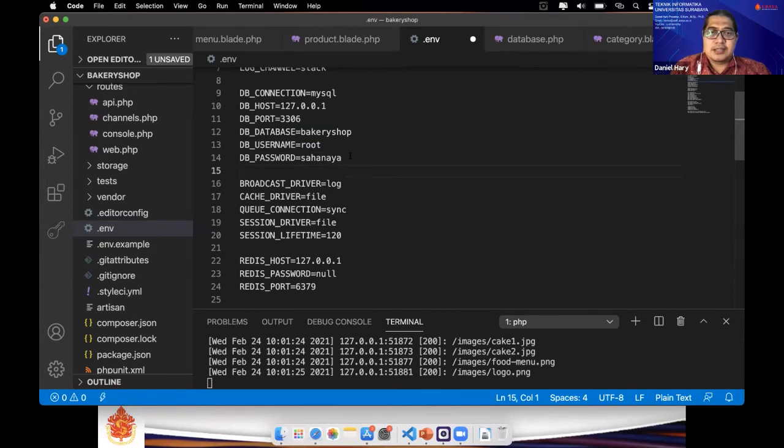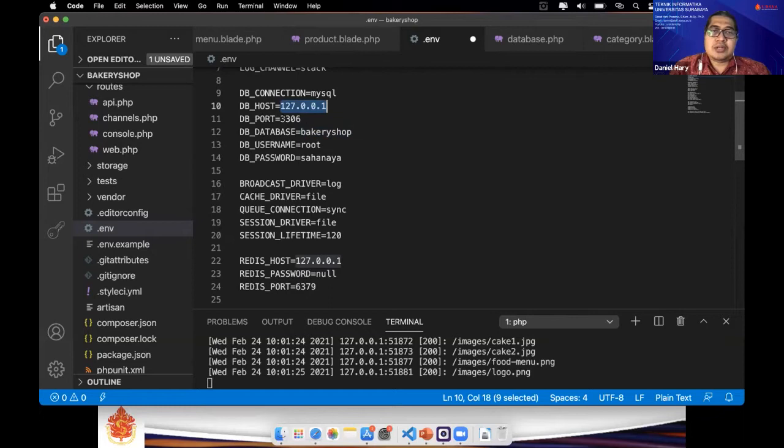Okay, these three lines we have to focus on for connecting to our MySQL. If you use another server for MySQL, for example you create a web server and then you use a different one, you can change it.